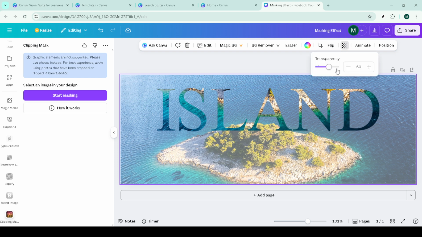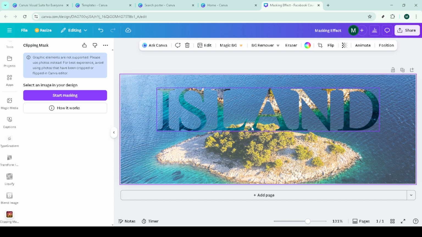When you're happy, click Add to Design to apply the effect to your canvas. You'll now have a masked text element you can move, resize, and layer with the rest of your layout. If the original background is still visible behind it and you want only the masked look, just hide or remove